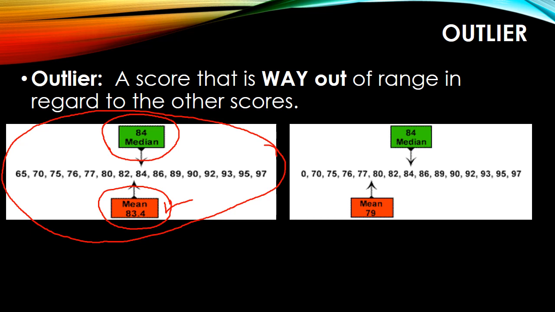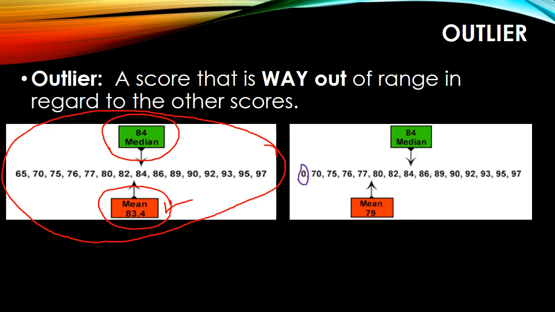Now let's take a look at the right, where we add an outlier to the data set, and this outlier that we added here is 0. 0 is out of the range of the rest of the data. It's the odd value in this data. There is a big difference between this value and the other values. I would consider this value as odd. So let's see what happens when we add a value like 0 to a set